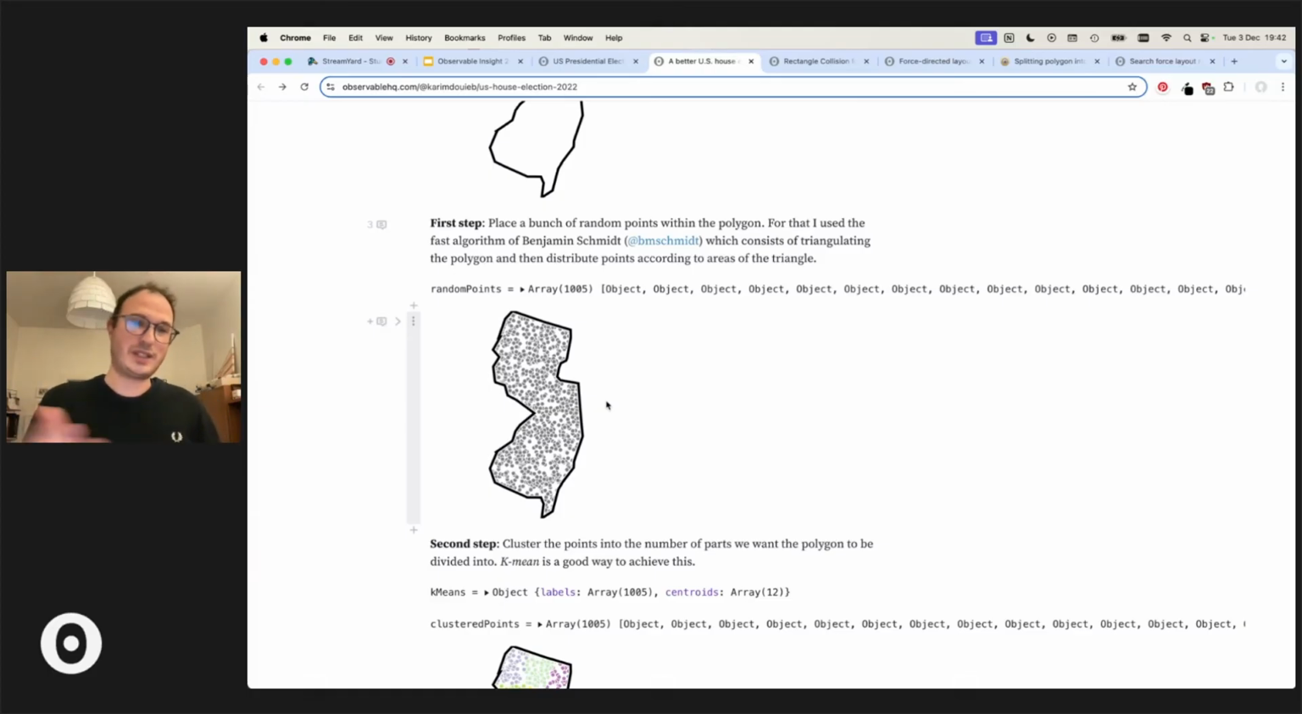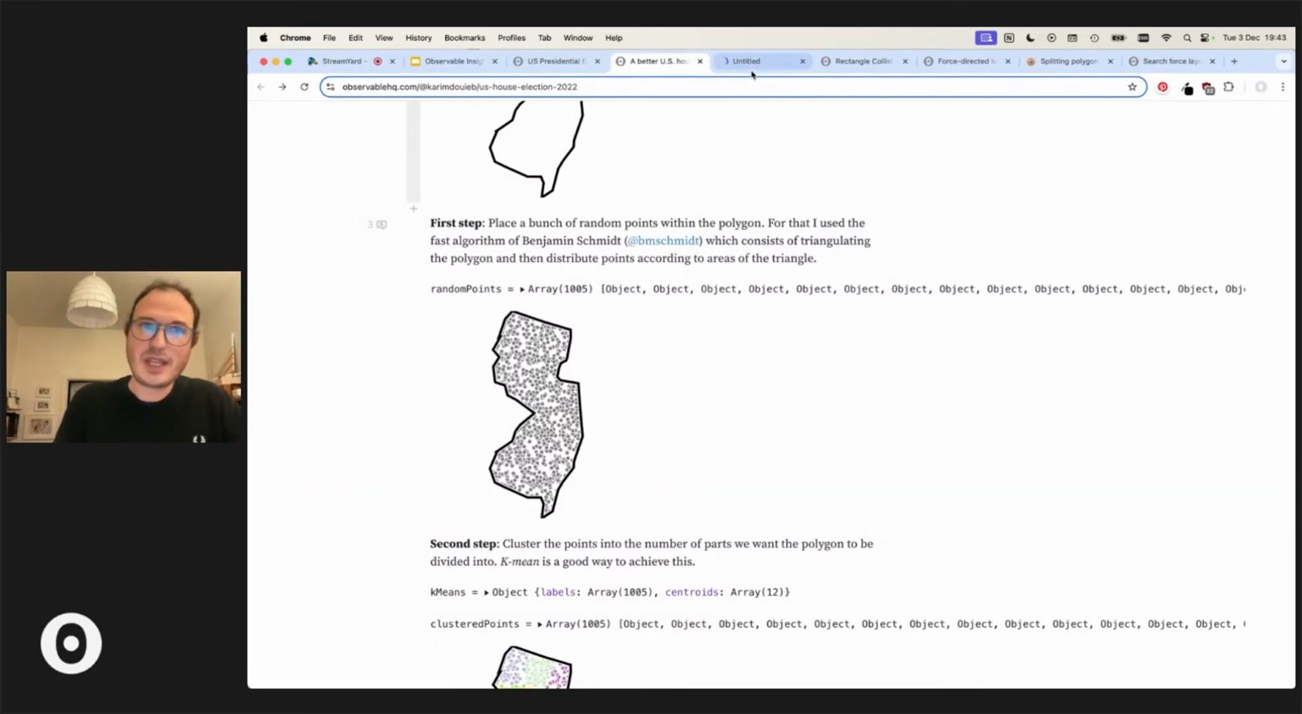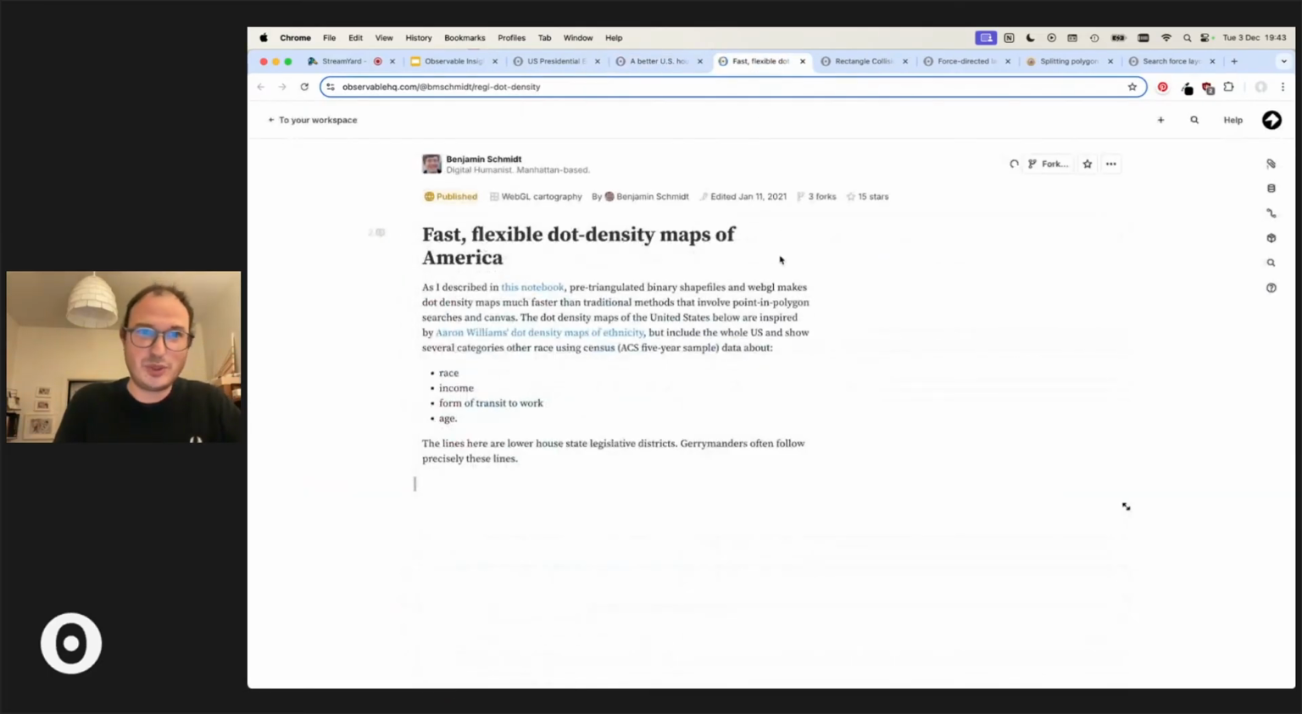If not, we discard the point and we do it iteratively until we get a certain amount of points within the shape. This is rather slow. It's a naive approach, which works well, but it's really slow. But then again, you go search on Observable, and you end up in another notebook where Benjamin Smith provided an algorithm to